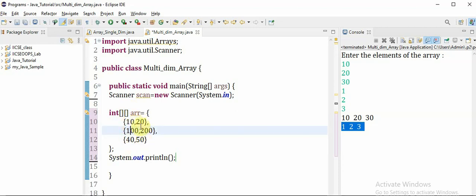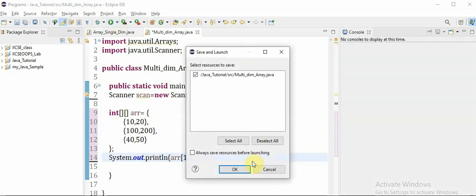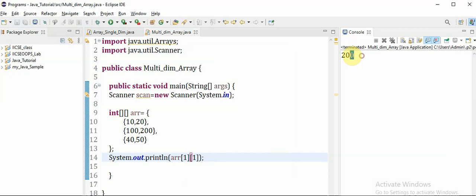I'm going to say the name of the array. The first square bracket is the row number, so it is row number 1. Then in the second square bracket, I have to say the column. This is the 0th column, this is the first column. So I'll say 1. Now if I run this program, I'll get the output 200.